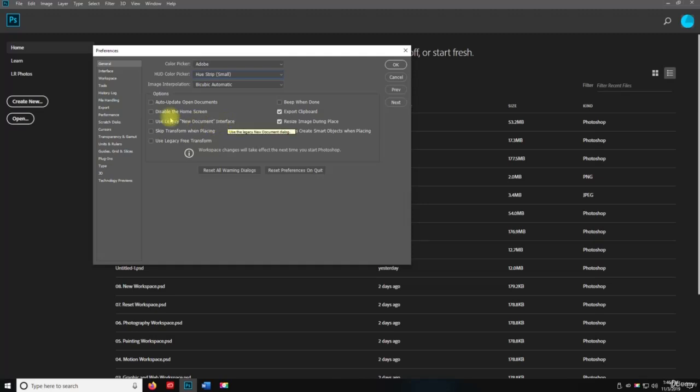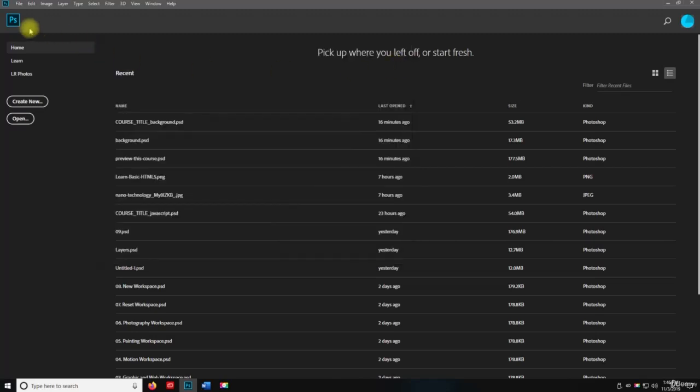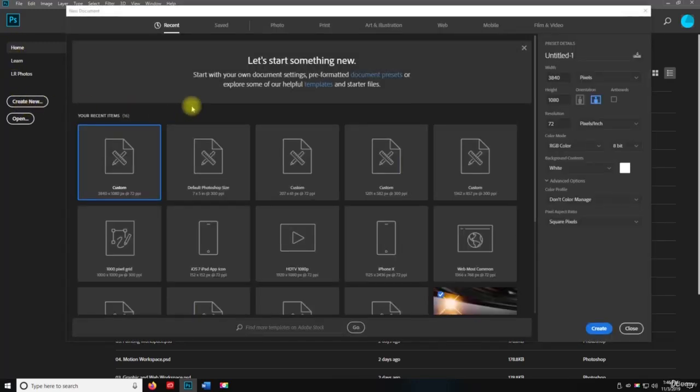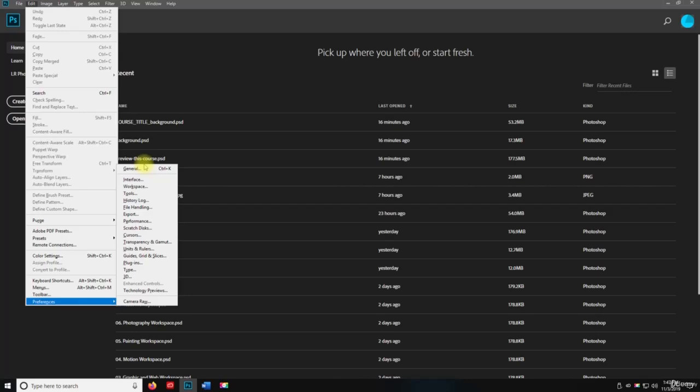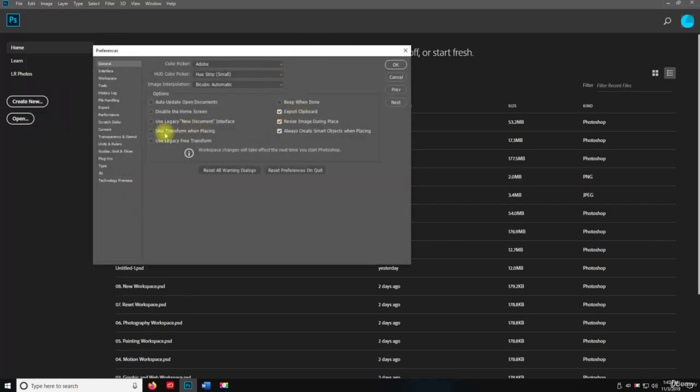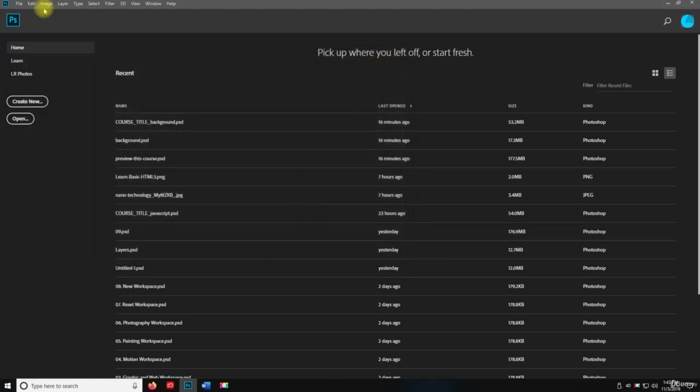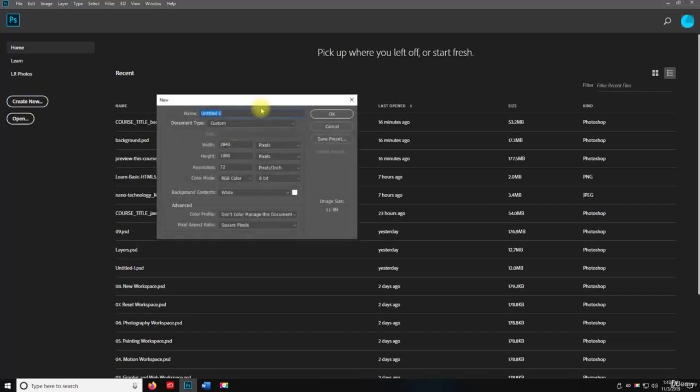The one that I actually turned off was this one. This was actually checked: use legacy new document interface. When that was checked and I hit OK and go to create new, this wasn't showing up. I'm going to show you what it does. If I go to Edit, then Preferences, then General, and turn this on and hit OK, and then do create new, it's going to give me a different interface. Now, I don't mind this interface, but I prefer the thumbnail interface,